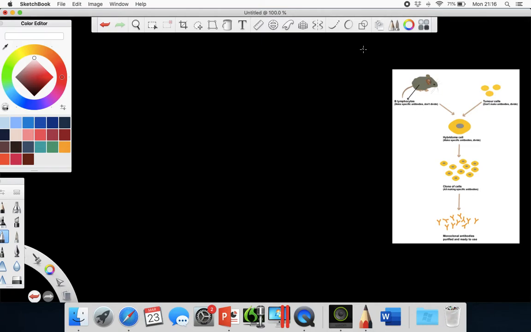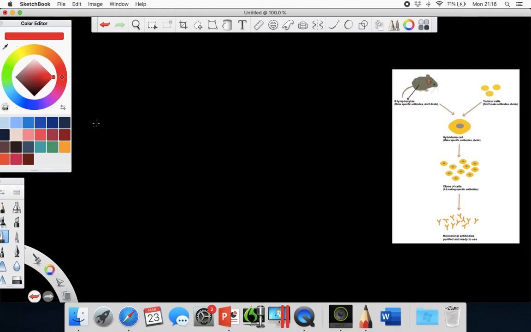Before we talk about these hybridoma cells, you need to understand that lymphocytes lose the ability to divide into new cells once they produce antibodies. So stem cells, for example, can divide into any type of cell, but once they divide, that's it. They can no longer divide into a different type of cell. Lymphocytes are the same. Once they find an antibody that fits a particular disease, they can no longer change what antibodies they make. So the first thing we can write down, and I'm going to put it in red because it's really, really important, is lymphocytes